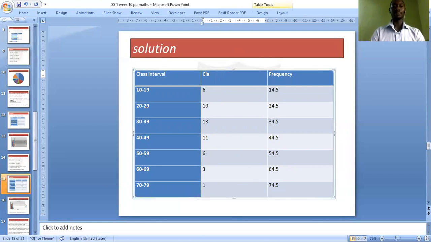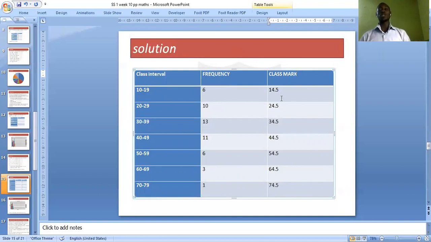This is frequency here. And the next one is the class mark, frequency. And this third one is the class mark. This class mark is gotten by adding the lower class limits and the upper class limits divided by 2. That is 10 plus 19 divided by 2. 29 divided by 2 will give you 14.5. Your frequency is represented on the vertical axis, while class mark, which is